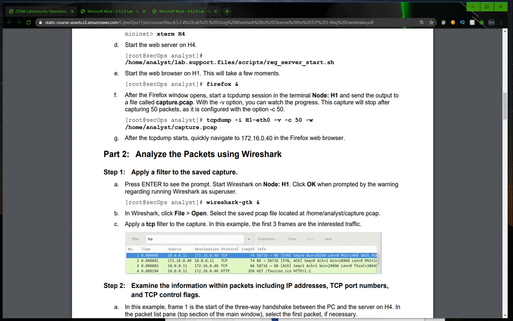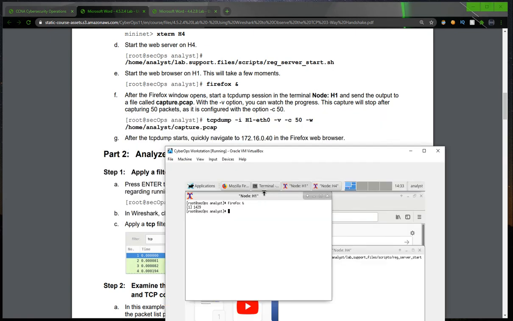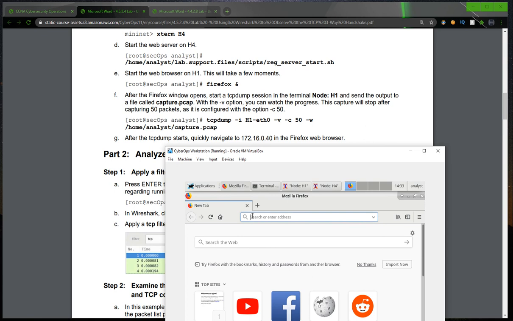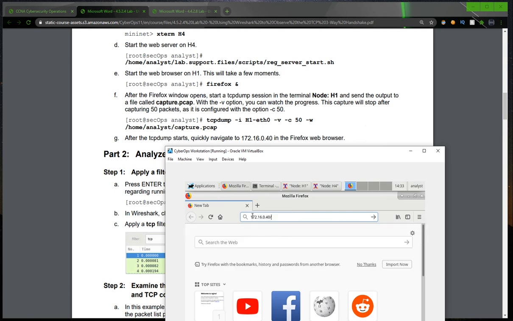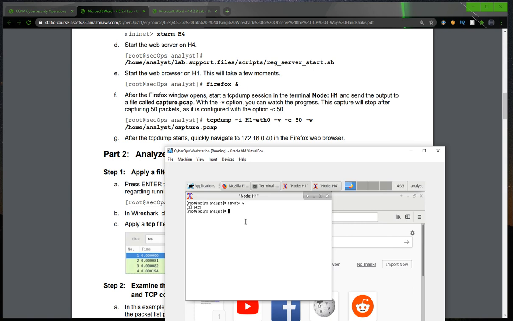So before running this command, let me type the IP address in my browser so that I can just press enter after running the tcpdump command to capture my TCP packets.